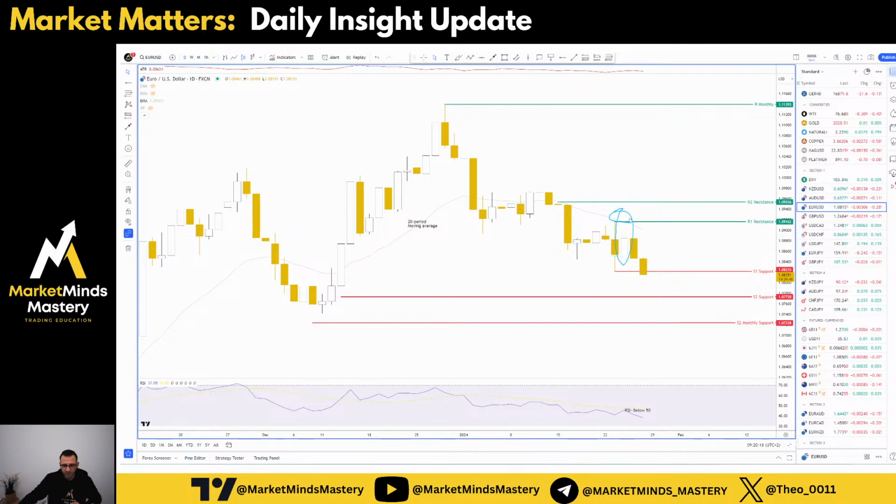That's not a shooting star because it comes from the consolidation of this price. A shooting star is a reversal pattern that looks very similar, even the same, as this one, but we find it after white candles, after bullish candles, after an uptrend.